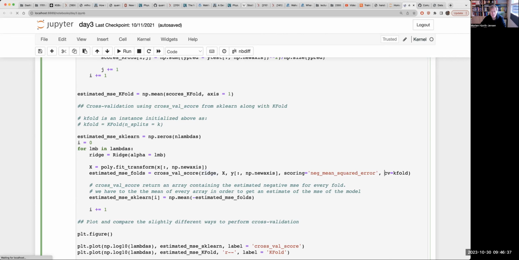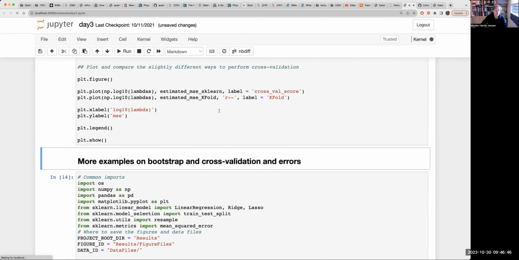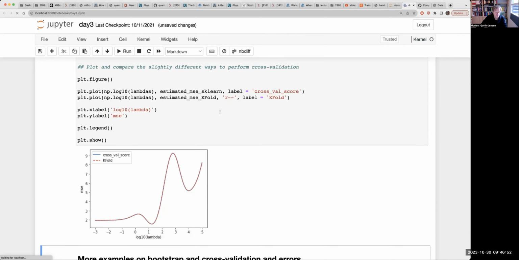And then I do cross-validation with k-folds, and I have defined the k-folds to be 5. So hopefully scikit-learn's code gives the same result as my own code. And today my code is actually running pretty slow. And you see now that my own code, where I use this fold splitting functionality in scikit-learn, and the one